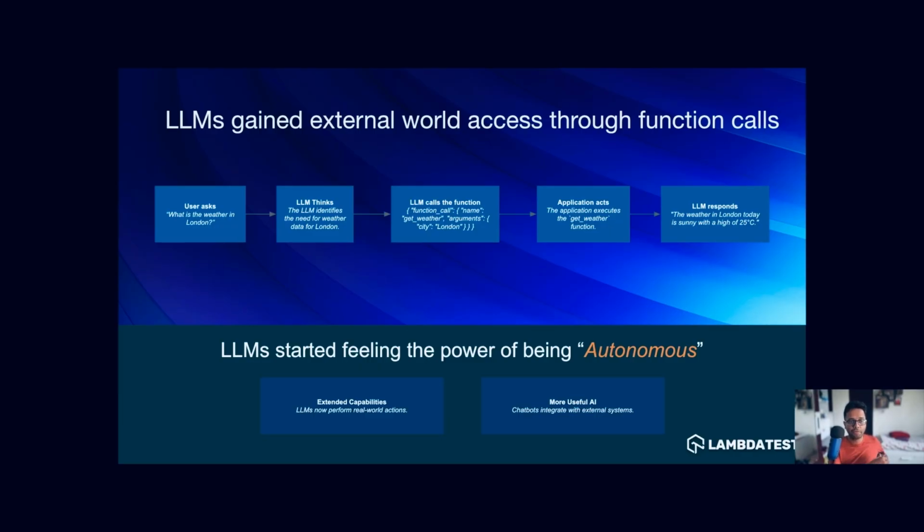So now, if you figure out that I'm trying to create a weather application, a chatbot application where, as a user, you can go and ask about the weather of London. What is the current weather of London? If you go to ChatGPT without function calling at that point of time, it will say, sorry, I don't have that data because we are now using the model solo.